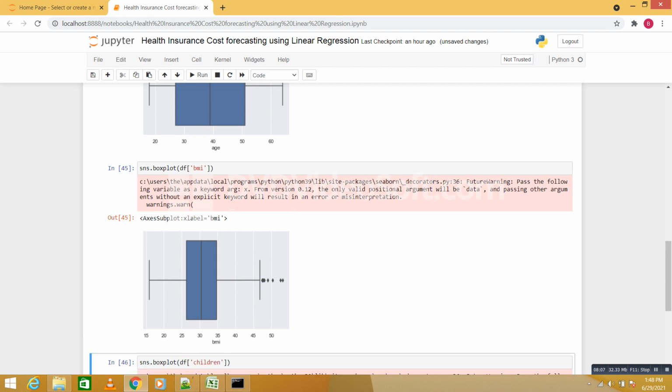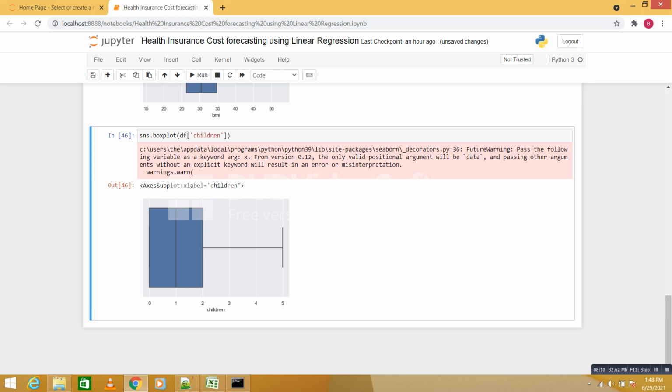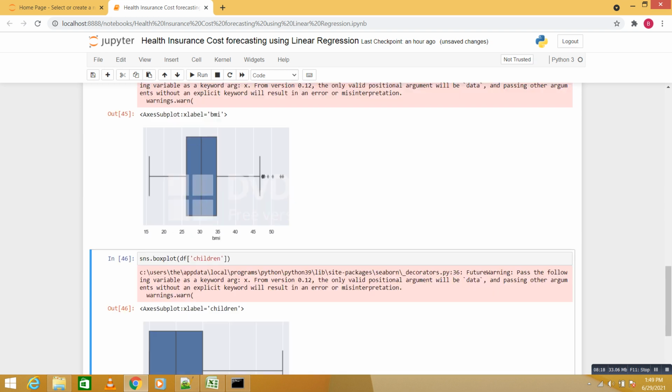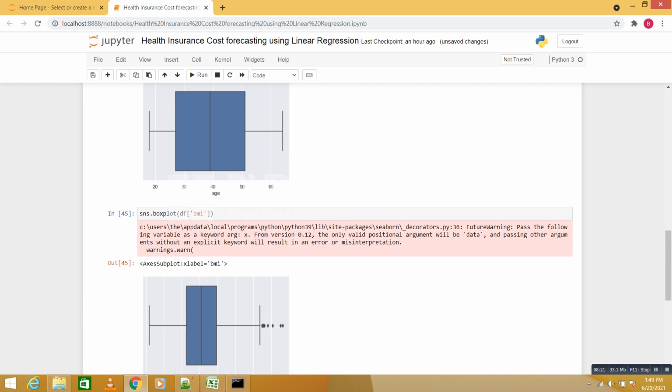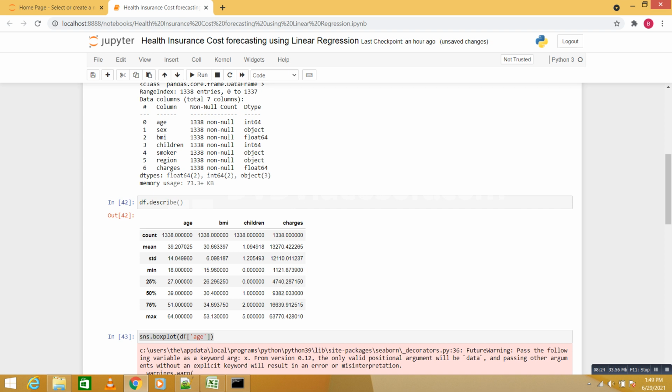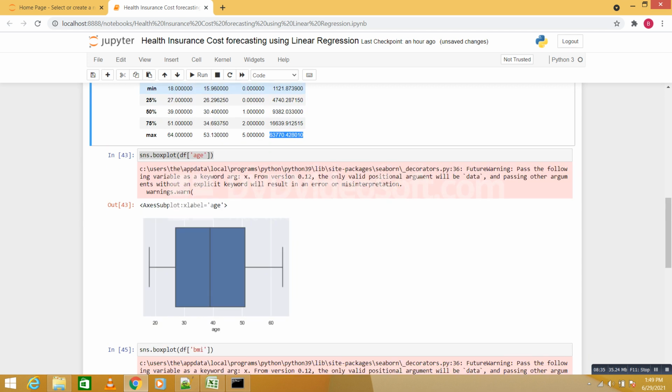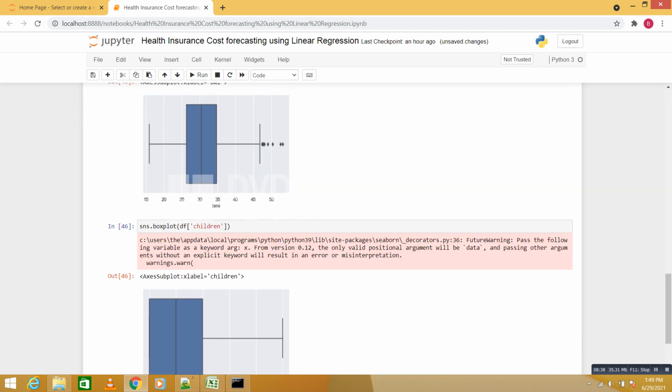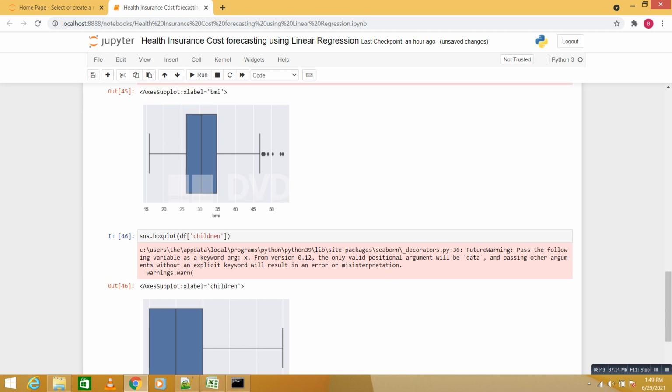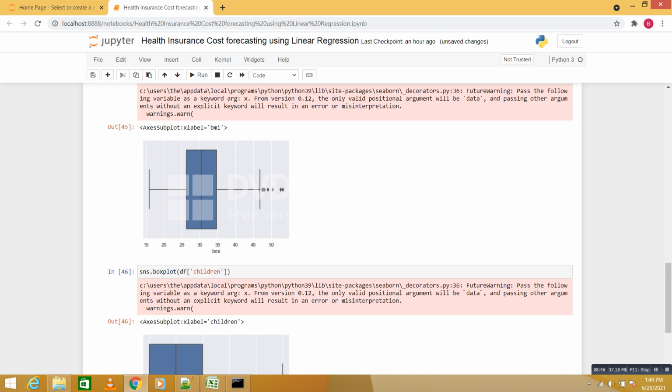Okay, so for children there are 0 and 1 values, so there is actually no outlier in this area, because the outlier gets indicated here. For the four numerical values we have, we don't have any outlier, and we are not going to look at outliers in the charges variable; we will see later on if required. These are the ways we check for outliers. If there is an outlier, the data is either right skewed or left skewed. If there is no outlier, the data is in a normal distribution form.